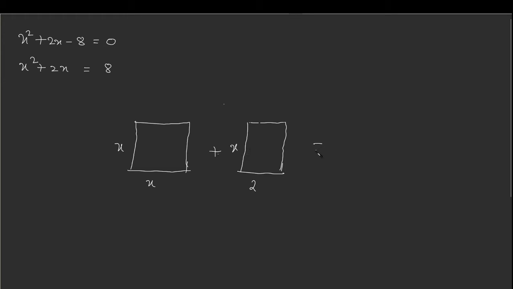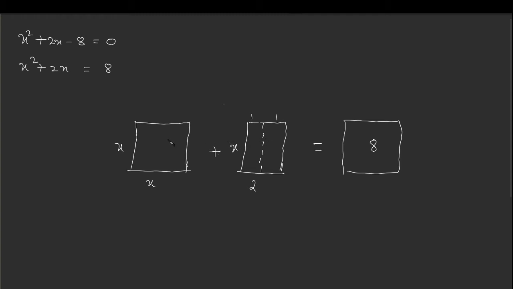And this will be equal to 8 unit square. We don't have exact side length of this, but we know the exact area. So that is 8 unit square. Now what I will do is I will divide this rectangular into two equal parts vertically. So I am dividing vertically into two equal parts here. So this has 1 unit and this has 1 unit.